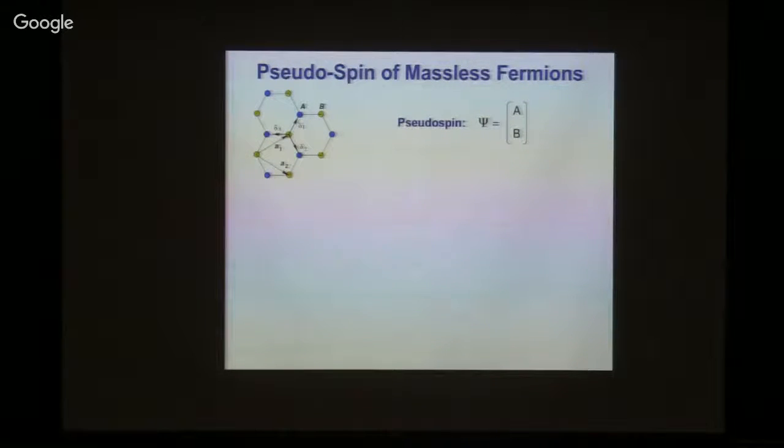So you can consider this is effectively a 2-component internal degree of freedom. And whenever we have 2-component degree of freedom, we can map it to spin 1/2, like spin language, known as pseudo-spin. If you use the pseudo-spin of the AB sublattice, we can write down the Hamiltonian of the system in a quite simple fashion. It simply equals H equals Fermi velocity times pseudo-spin dot product with the momentum.